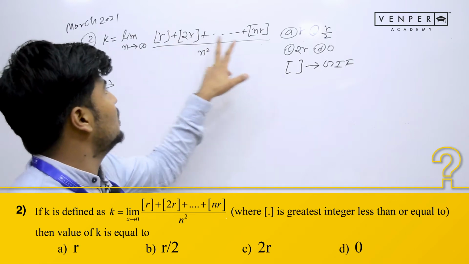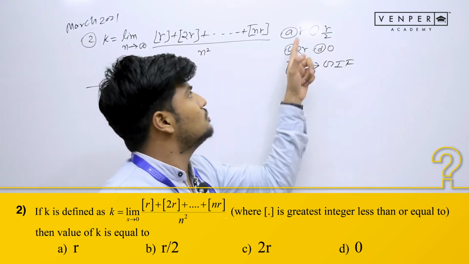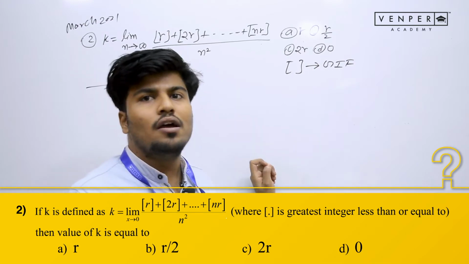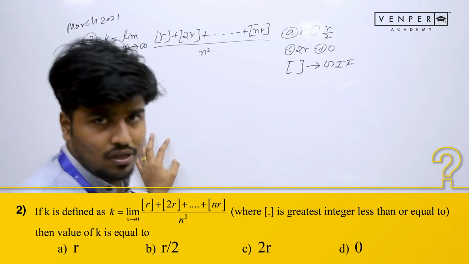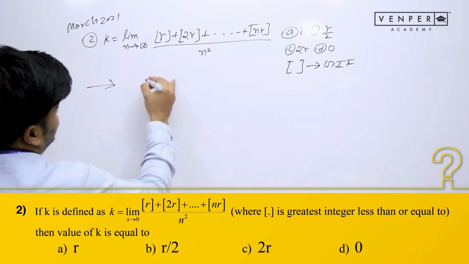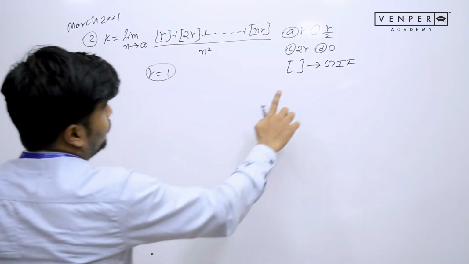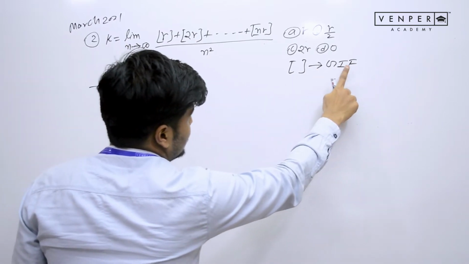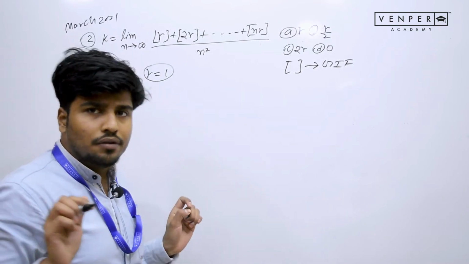Because the question depends on the value of r and the options also depend on the value of r. The first, second and third options depend on the value of r. The fourth option is constant. So if three options depend on it, we can check it out. It's worth trying. So let's try. Let's take the value of r as 1, the simplest value, and don't forget this square bracket represents the greatest integer function. Although we are taking the value of r as an integer, so no problem here.